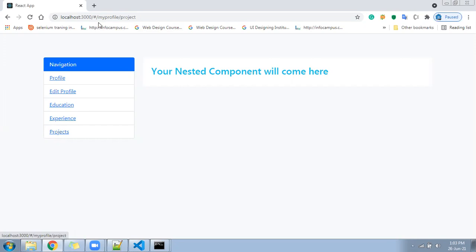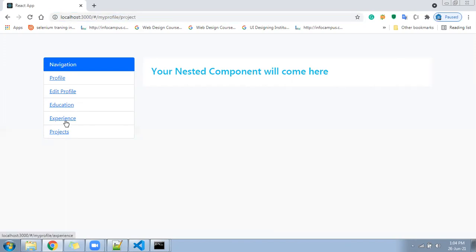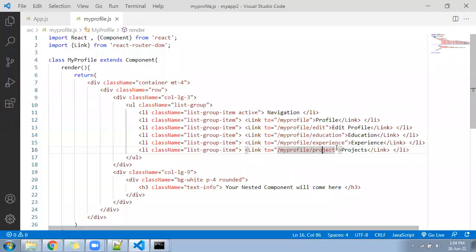The parent URL is my profile, and after slash, the child URL is getting appended. Look at here. The child URL is getting appended. Right? When I click here, you can see the URL is getting appended. So that URL we have generated.